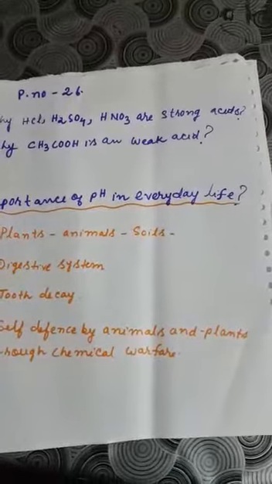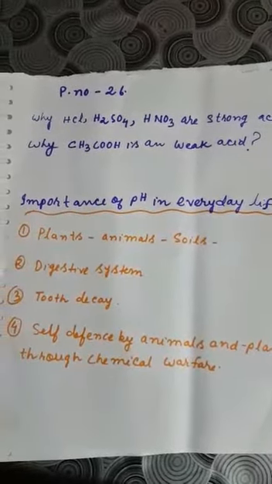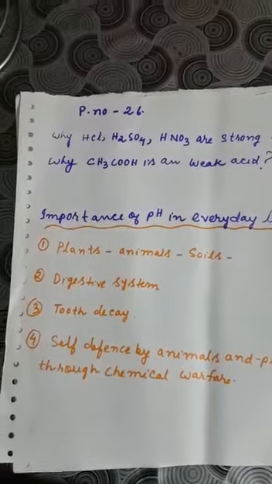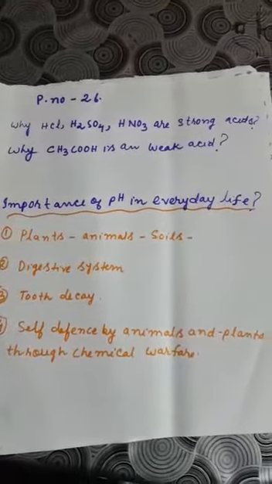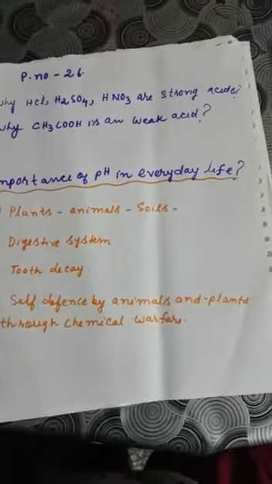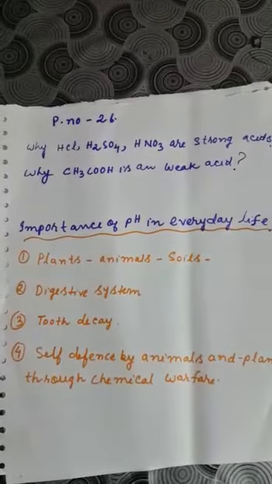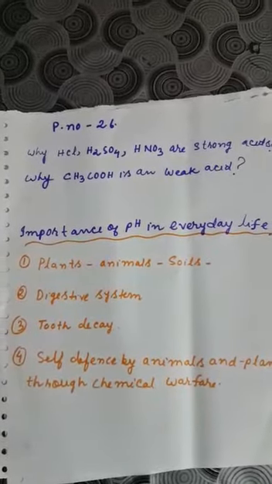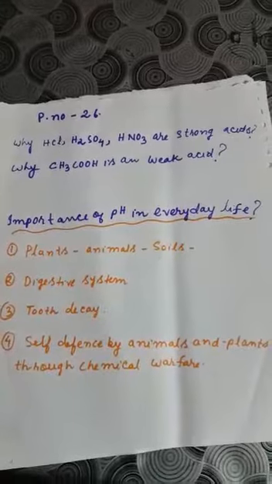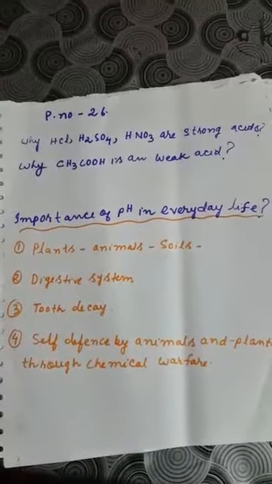Rainwater becomes acidic if its pH becomes less than 5.6. Am I clear? And if that rainwater flows into the river, what will happen? It will become acidic and aquatic animals cannot survive. So what we can do is check the pH of river water or in our body, and we can take medicines accordingly to become healthy again. Is it clear or not?